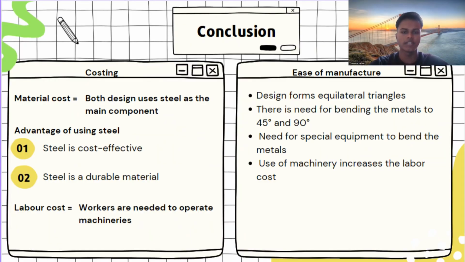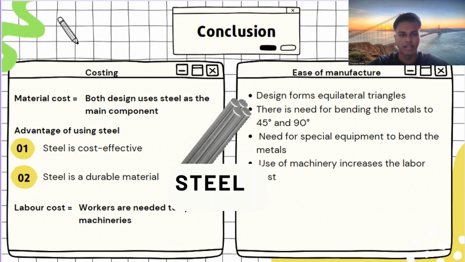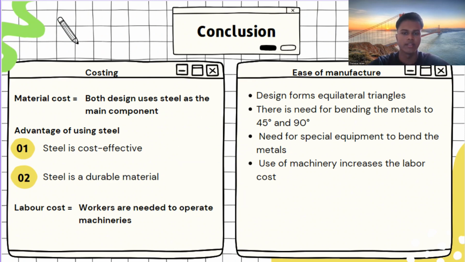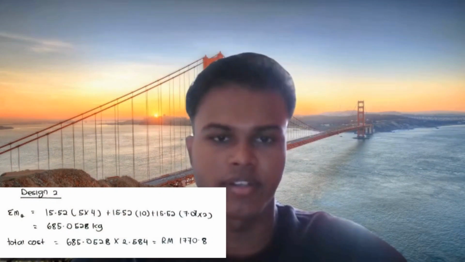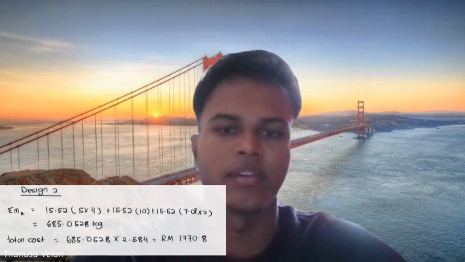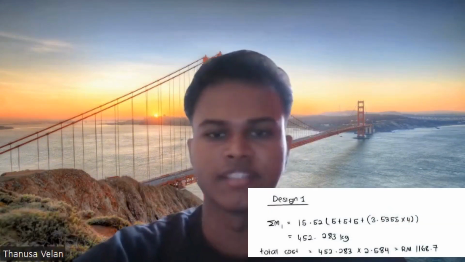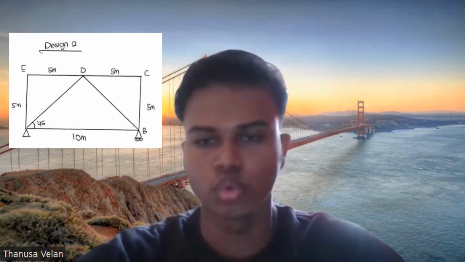Well, considering the cost aspect, it's essential to take material cost into account. Both Design 1 and Design 2 utilize steel, a cost-effective and durable material that helps to adhere to budget constraints. The total cost for both designs are 1,770 ringgit and 80 cents and 1,168 ringgit and 70 cents, respectively. This indicates that Design 2 is more preferable than Design 1 as it can sustain higher force while remaining cost